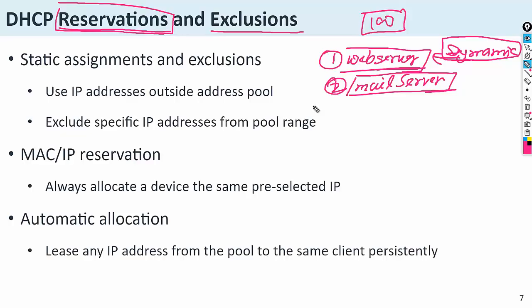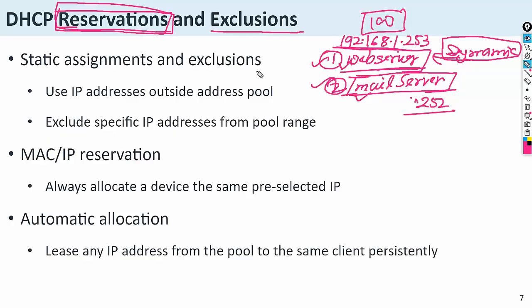So in this condition, you can reserve the IP address for the web server, like 192.168.1.253. This is reserved for the web server and .252 is reserved for the mail server. So it is called DHCP reservation. When I reserve these IP addresses for these servers, they will not be provided to another computer.